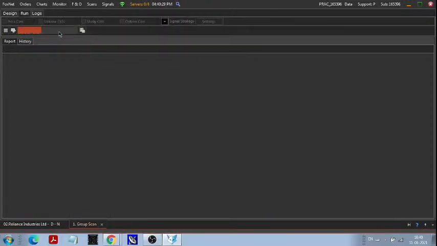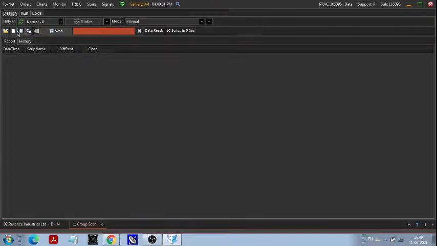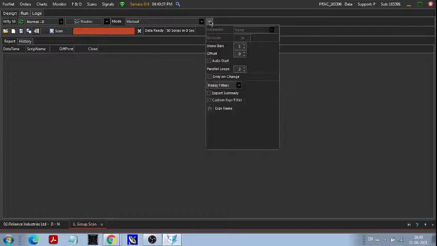One more thing I want to show you. On the right of manual, there is one more drop down option. I'm just clicking on it. Here you can increase the number of bars on which you want to scan. While we are doing the manual scan or on bar completion, it is scanning the last current candle, which is running or which has just completed. So in show bar, you can set the last few bars on which you can run the scan. This is the option of show bar. This is basically the important option. Okay, now I will click on the scan menu.